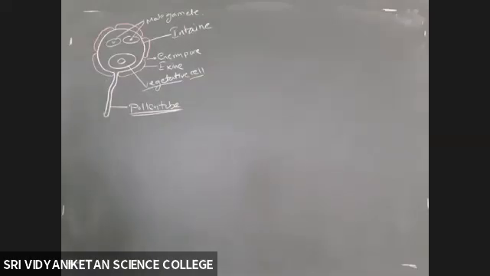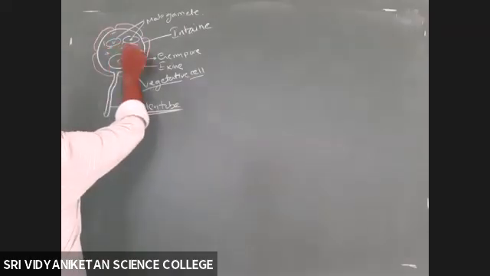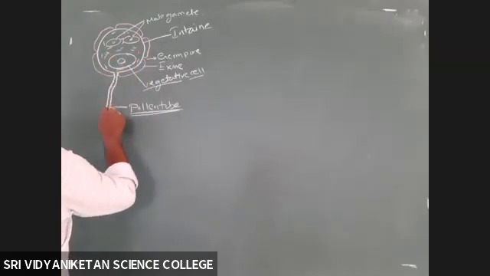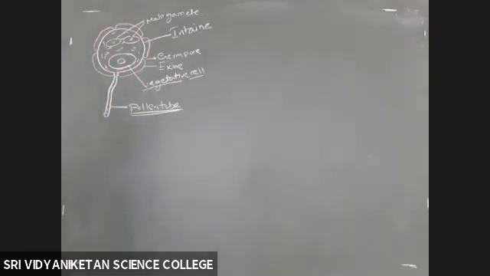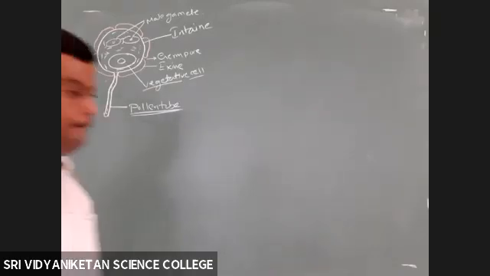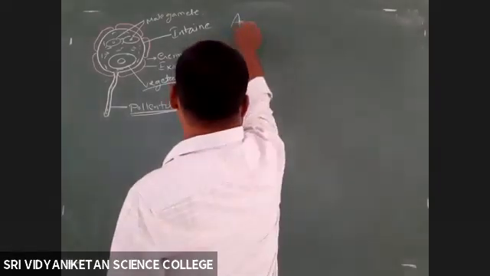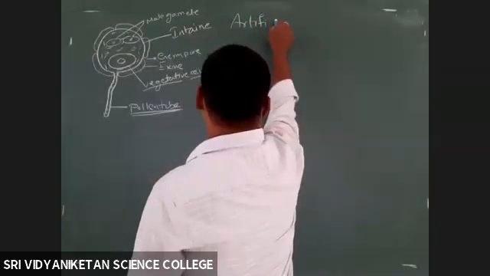Now, after pollen tube formation, the cytoplasmic content along with the vegetative cell and male gametes enters into the pollen tube. It is the process called pollen germination. And this pollen germination can also be observed artificially with the help of an experiment, which can be done easily in the laboratory. So now, the artificial pollen germination.